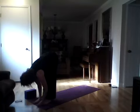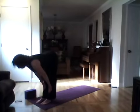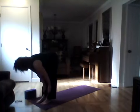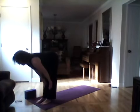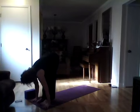I'm going to do that again. Slide up, inhale, and exhale, fold. And lengthen, inhale. And exhale, fold. This time as you come down, bend your knees if you need to and plant both hands to the floor,